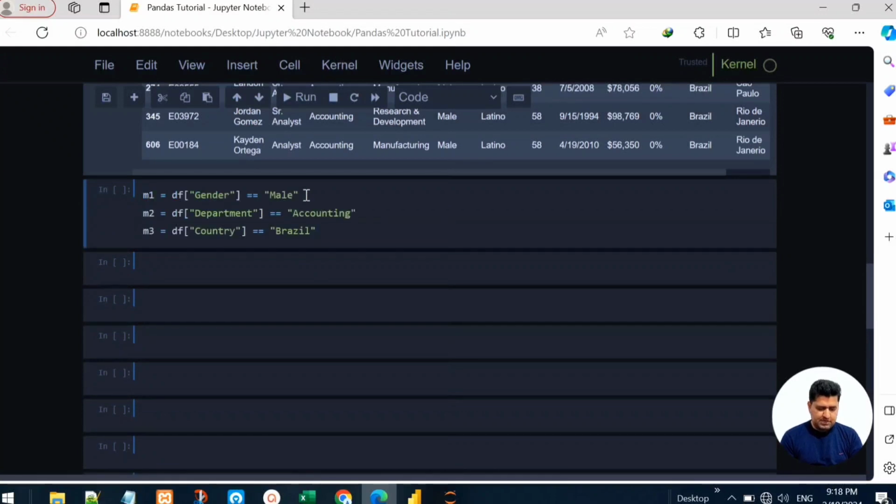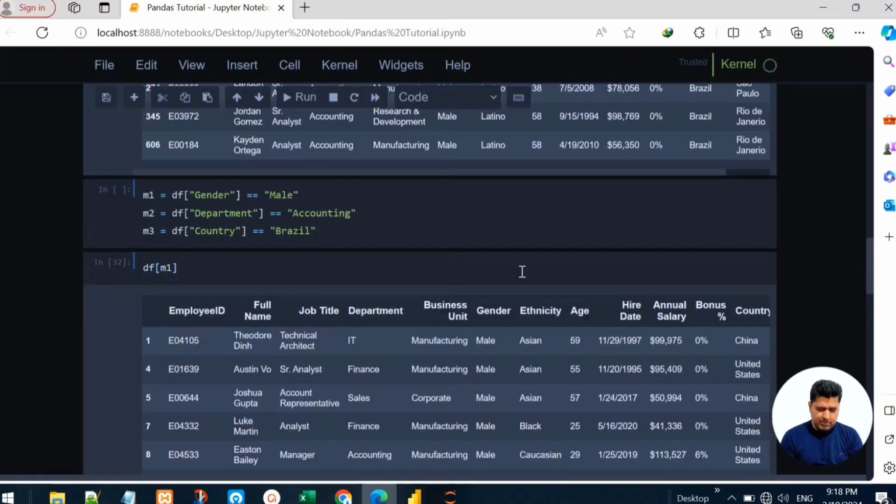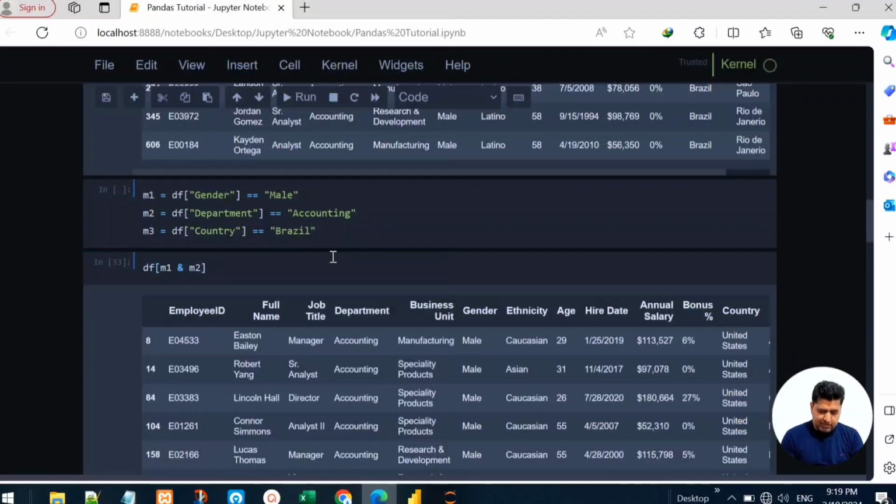For example, let me paste the previous conditions again here. And first of all, let's filter the data frame based on mask 1. If I press shift enter, we can see it will return only those rows where the gender is male. Now this time I do not want to chain conditions. I just want to add logical operator, and that will be logical AND operator like this. And I will say that filter this data frame based on mask 1 and mask 2, and let me add mask 2 here. If I press shift enter again, now it is returning this data for both conditions, gender male